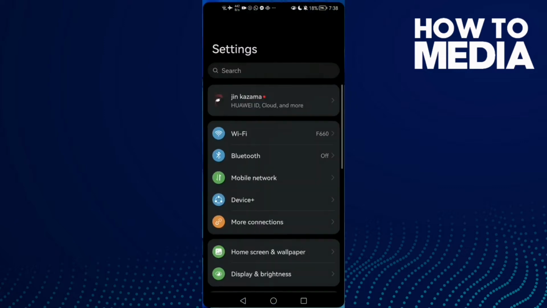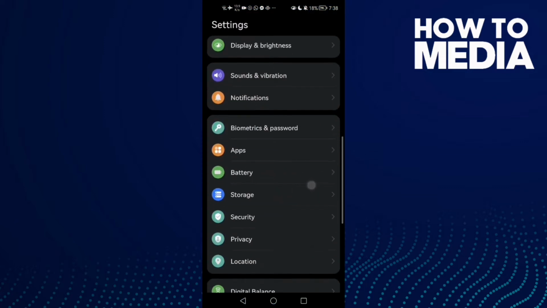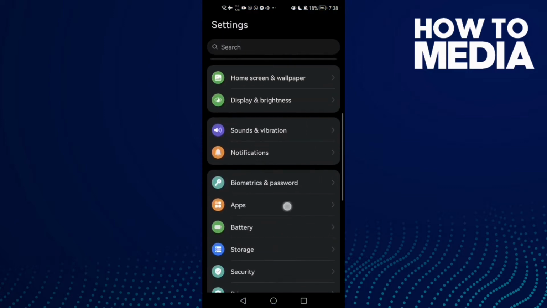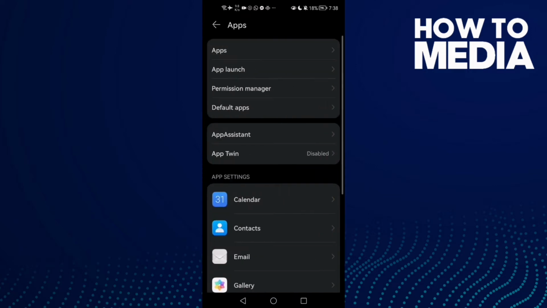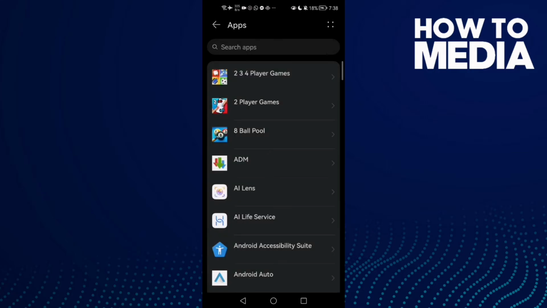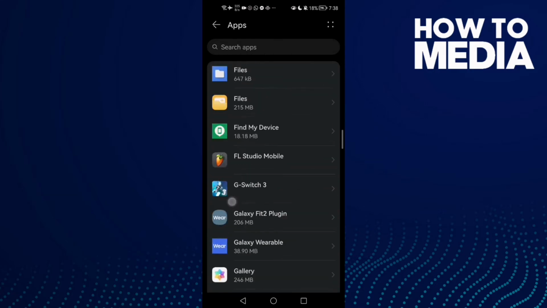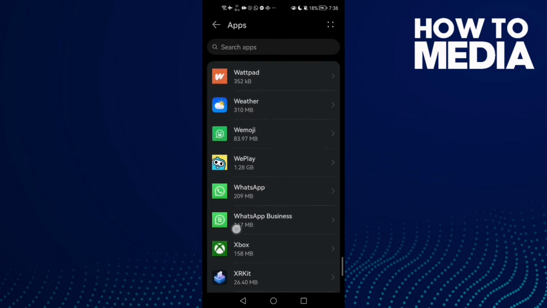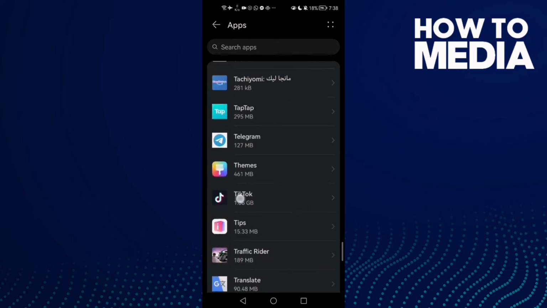First, open settings and then scroll down until you find apps, and now click apps again. And here just scroll down until you find TikTok. Click on it